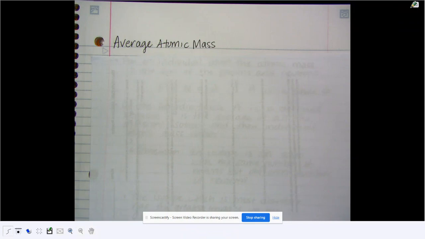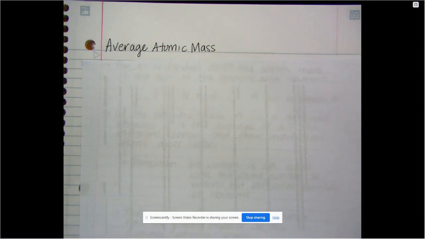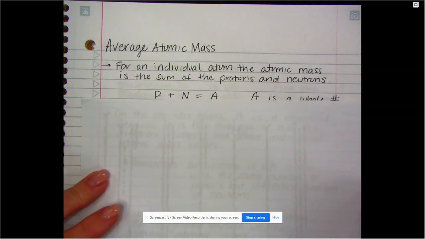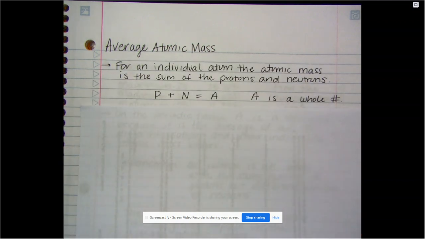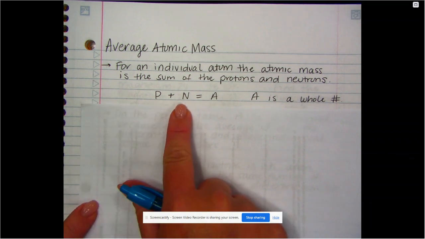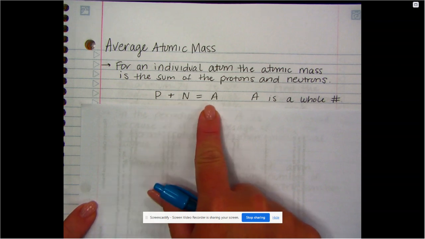In this video, we're going to talk about how to calculate average atomic mass. So first of all, for an individual atom, the atomic mass is the sum of the protons and the neutrons. We know that protons have a mass of 1 AMU. Neutrons have a mass of 1 AMU. So in an individual atom, the protons plus the neutrons add up to the atomic mass, which is a whole